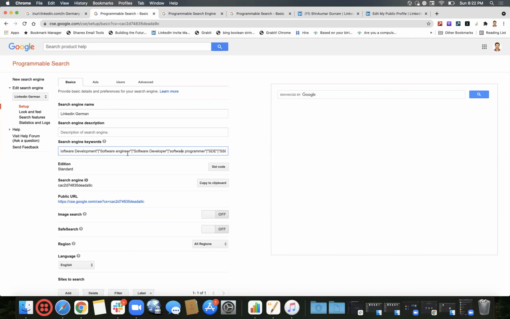So this space is driven by how much space we have to enter keywords. It is not driven by the number of keywords or operators, but basically by that particular space itself. Within that space, we have to write as many keywords as we need, so that it would start targeting only those particular keywords.